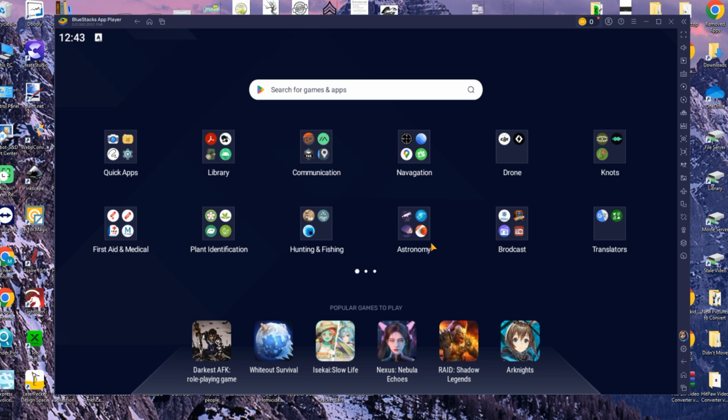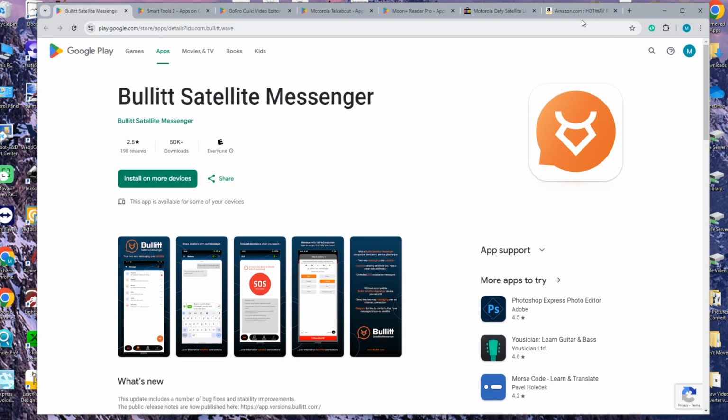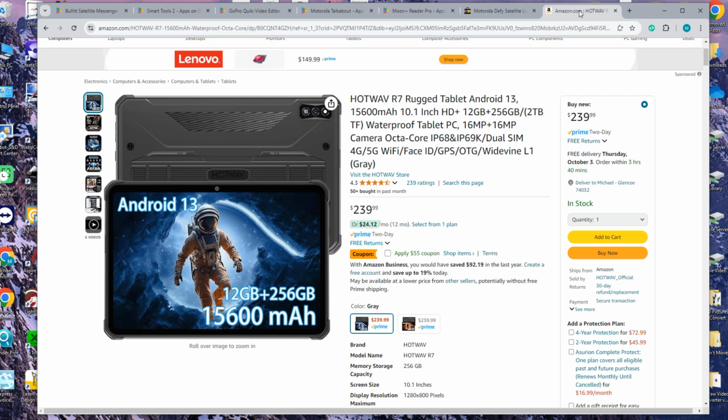So I was cruising Amazon the other day. Let me pull this down in here. I find this, and I've done all my research on it. I've sat here and read probably 5 hours of reviews on it. It's another Android tablet, but it's got a 15,600 milliamp hour battery. That battery that's in this thing is insane. It is, they say, waterproof. I'll go with water resistant,